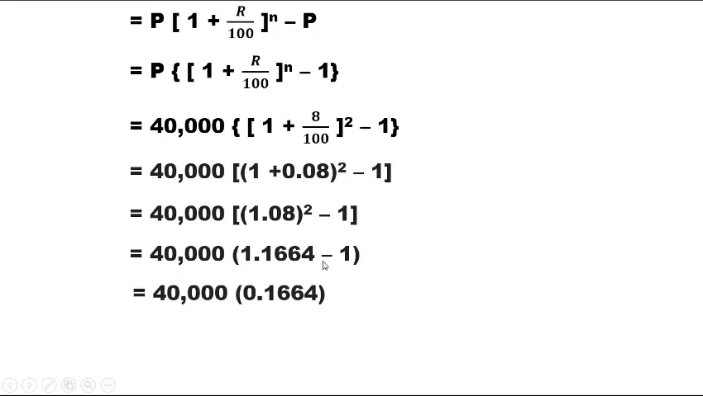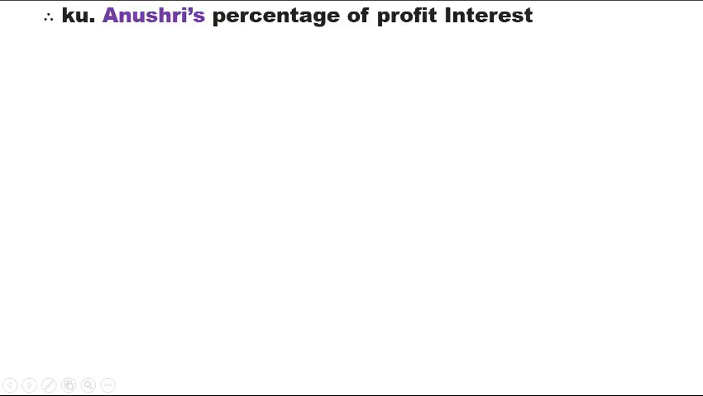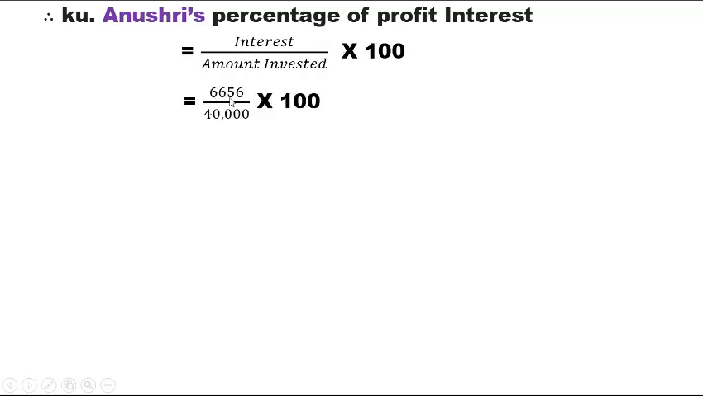1.1664 minus 1 is equal to 40,000 into 0.1664 is equal to 6,656 rupees. Therefore, Kumari Anushri's percentage of the profit interest is equal to interest upon amount invested into 100 is equal to 6,656 divided by 40,000 into 100 is equal to